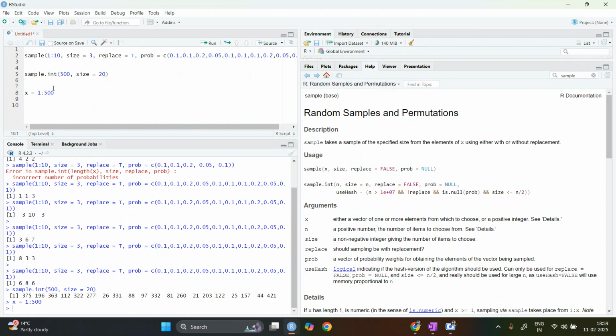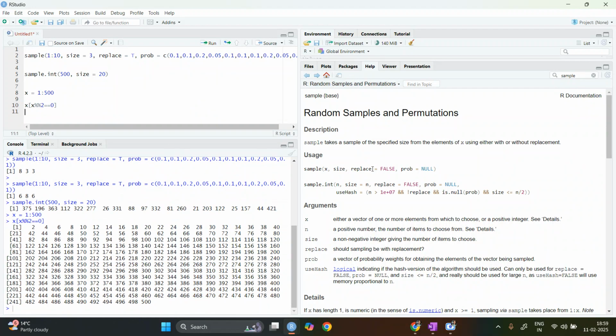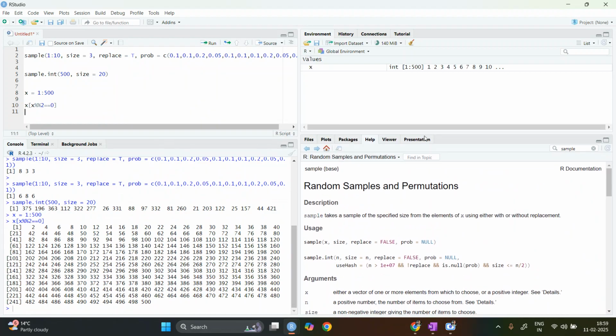Now x such that x mod 15 is equal to 0, right? So